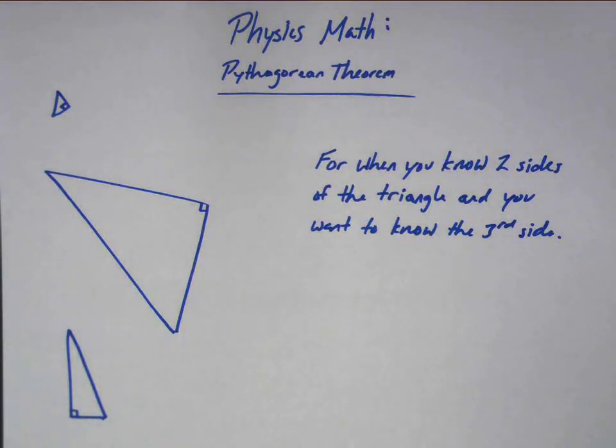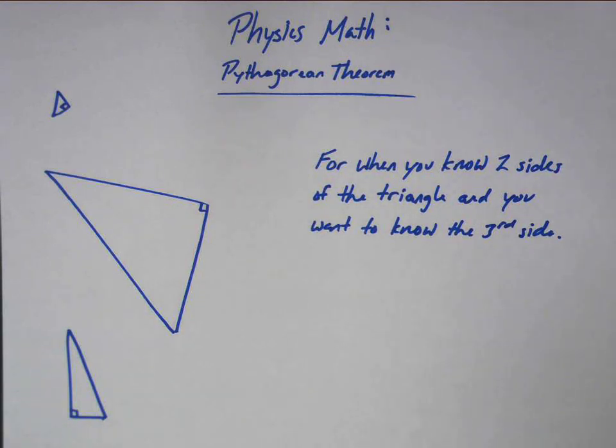In this video, we're looking at some more physics math, and it's really applicable to us here in this unit that we're studying about projectile motion, but also elsewhere. This is really universal kind of stuff, useful in all kinds of places. So the Pythagorean theorem, basically when we're dealing with a right triangle, and this is why it's very general and applicable to all kinds of places. Any kind of right triangle that you can conceive. Well, if you know two sides of the triangle and you want to know the third side, then the Pythagorean